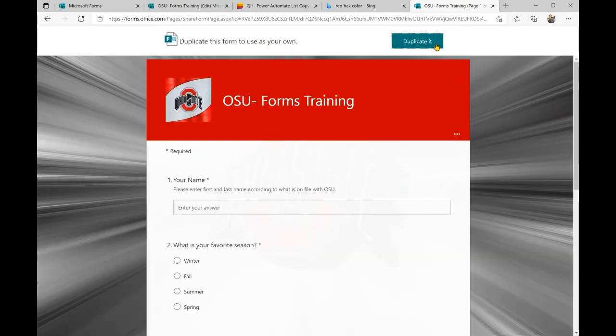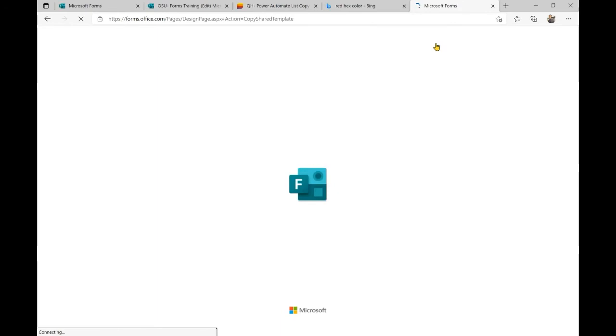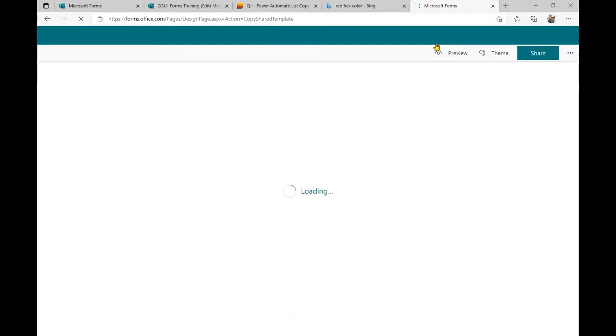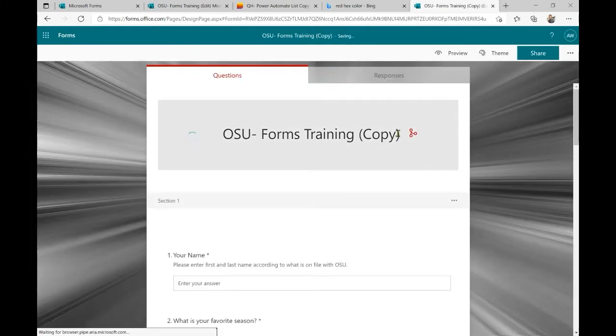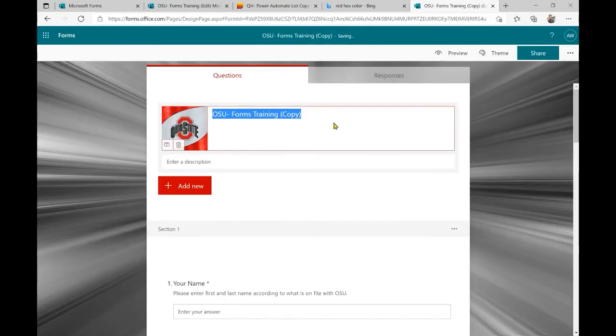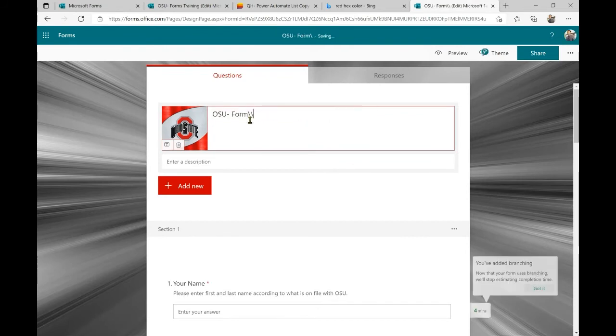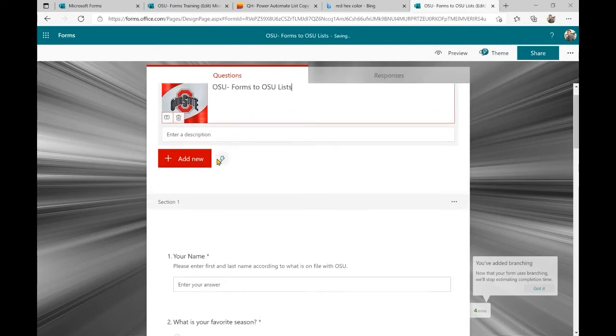So when I hit duplicate it, it's letting me know that this is a copy. And now I can change this from OSU Forms Training to OSU List, which we really need to get to, by the way.